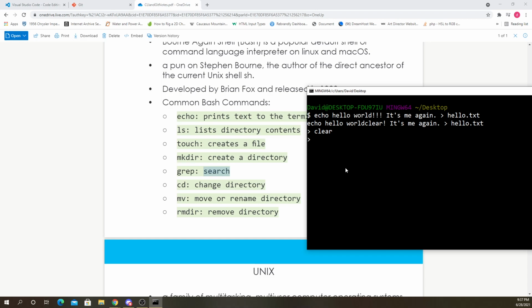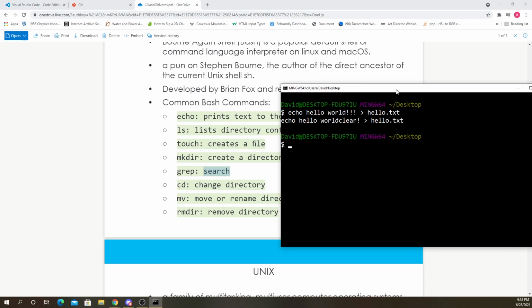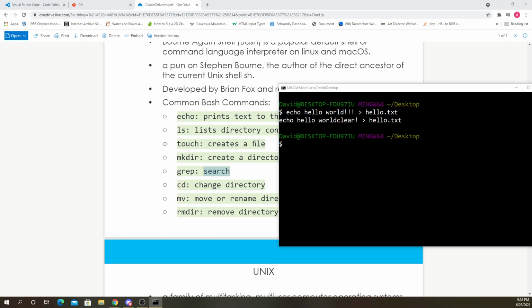Why didn't it stop there? Try that again. Echo hello world into hello.txt. Okay, that's weird. I don't know why it didn't do it the first time. But okay, I've got my hello.txt again.